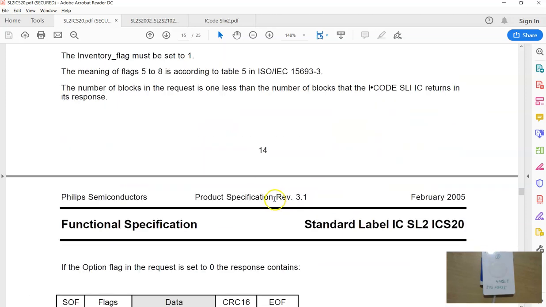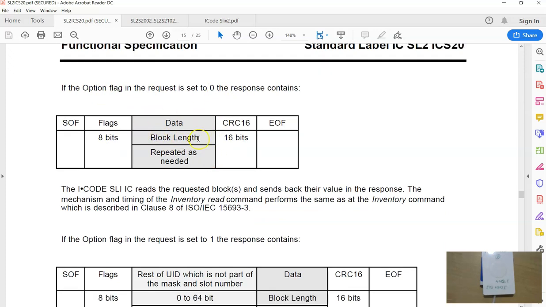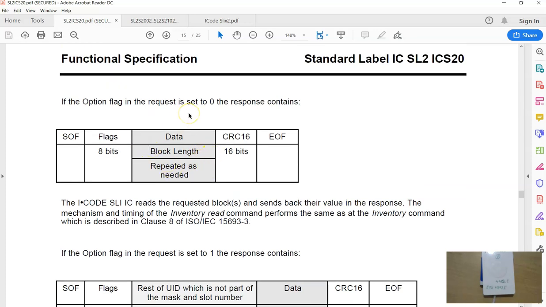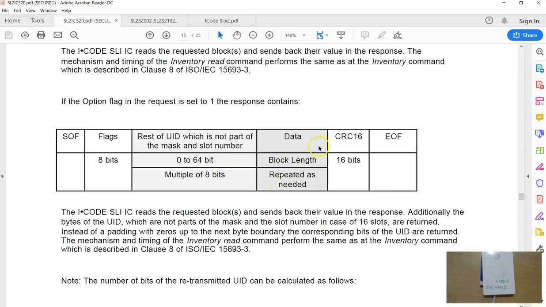And the response, if you see, this is the response with the option flag set to 0. As I mentioned in my slide, when the option flag is set to 0, you will get only the data. So if you requested 4 blocks, you will get the data from 4 blocks. If the option flag is set to 1, you will get both the data as well as the remaining part